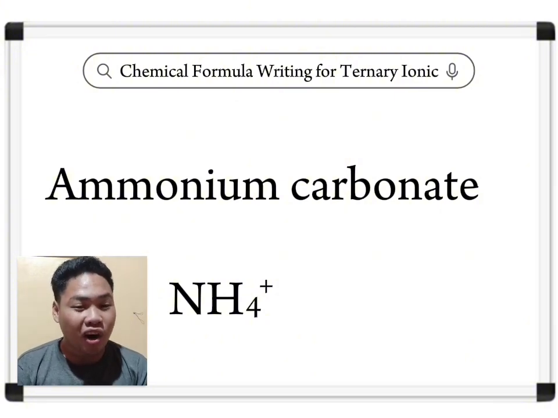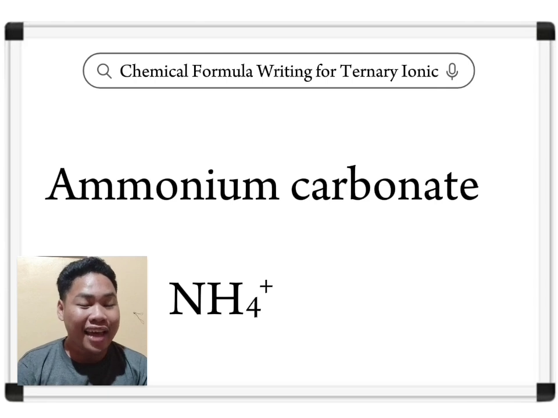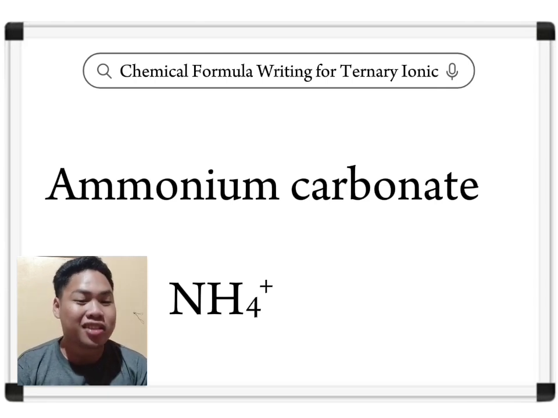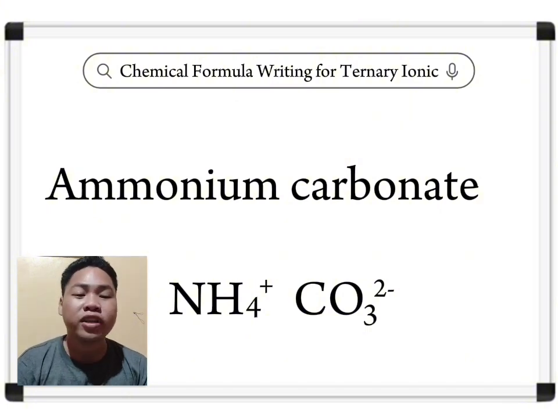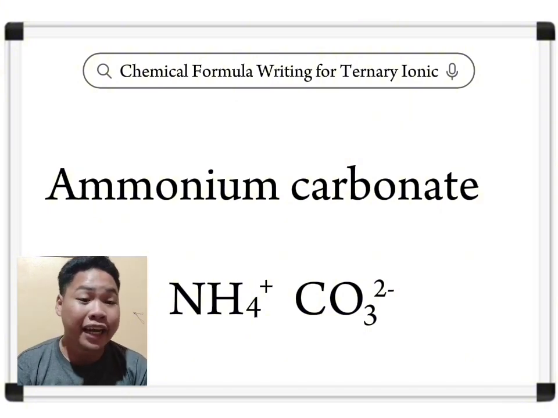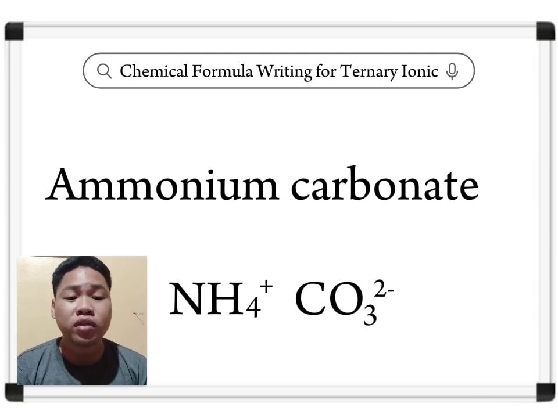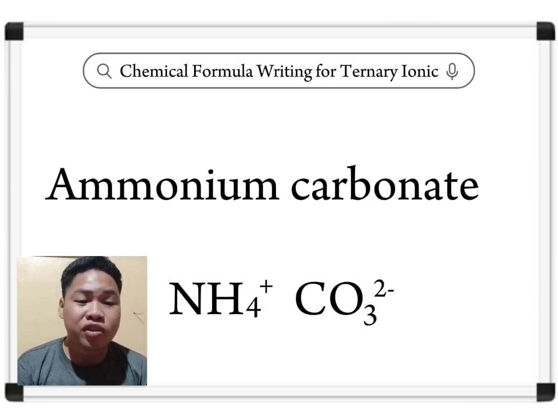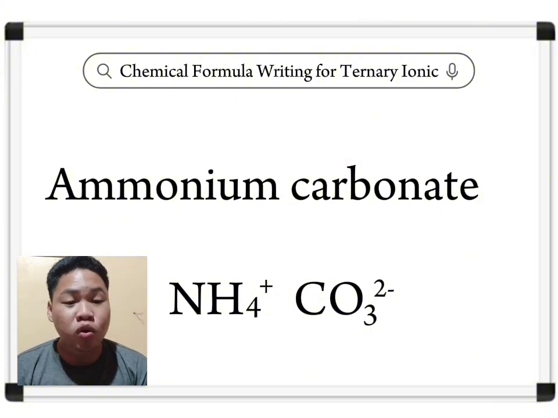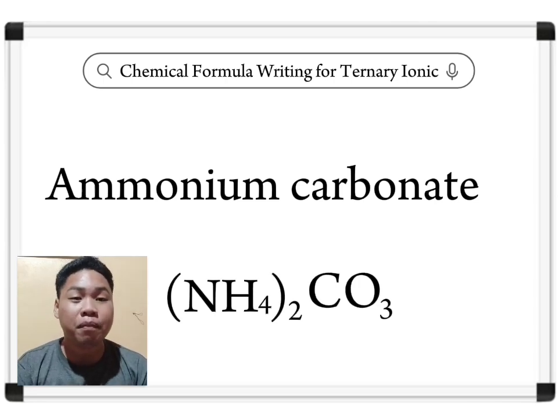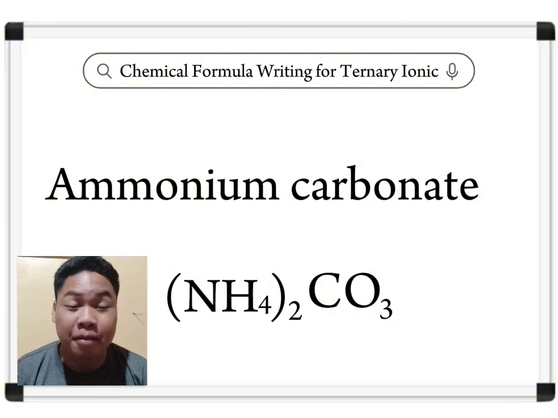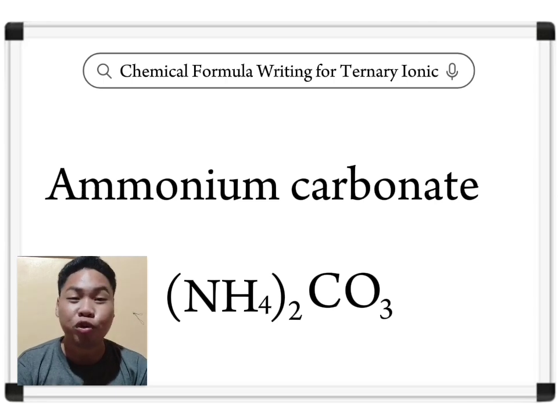Carbonate, we know, is on the polyatomic table too because it ends in ATE, and it's CO3 2 minus. We have this positive 1 charge here and then we have the 2 minus here. We know that we're going to need 2 NH4 ions to cancel out the negative 2 here. So we put a 2 here and then we need parentheses. That will give us 2 times positive 1, so positive 2. So that positive 2 will now cancel out the negative 2, and that makes this the formula for ammonium carbonate.